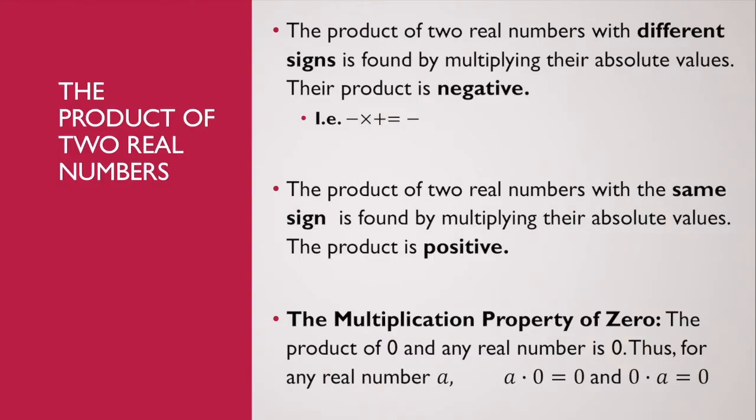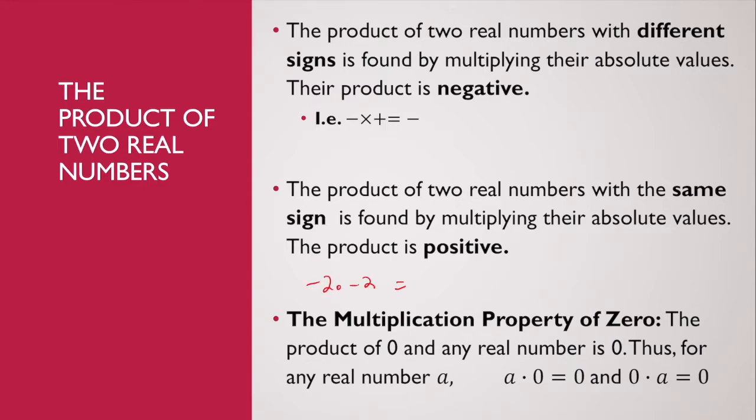Let's talk about how to find the product of two real numbers. And again, this should be review. The product of two real numbers with different signs is found by multiplying their absolute values, and their product is negative. The product of two real numbers with the same sign is found by multiplying their absolute values, and their product is positive. So like negative 2 times negative 2, two negatives giving a positive, it's going to be positive